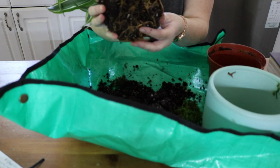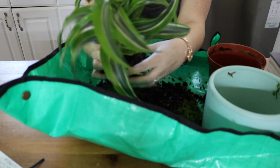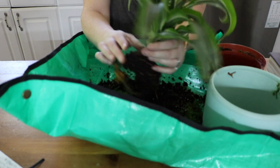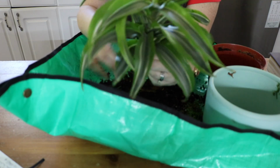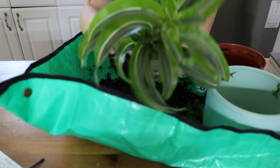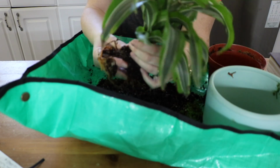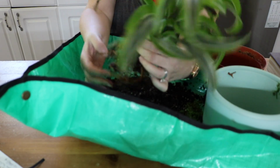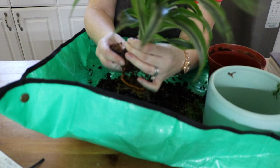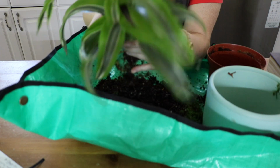And as you can see, it's got a fairly decent root system. I feel like it might be a little overwatered. So it's probably a good thing that I'm changing out the soil. That's something that you can always do if you think your plant is showing signs of overwatering, or it's wilting and you've watered it and you're not quite sure what's going on with it. It could be that it's too wet, and you can go ahead and just change out your soil and give it some fresh soil,